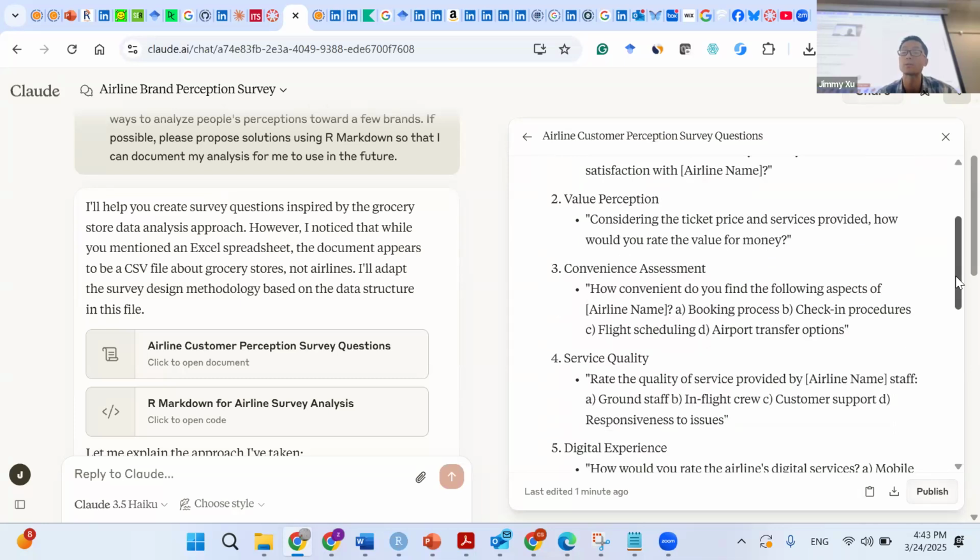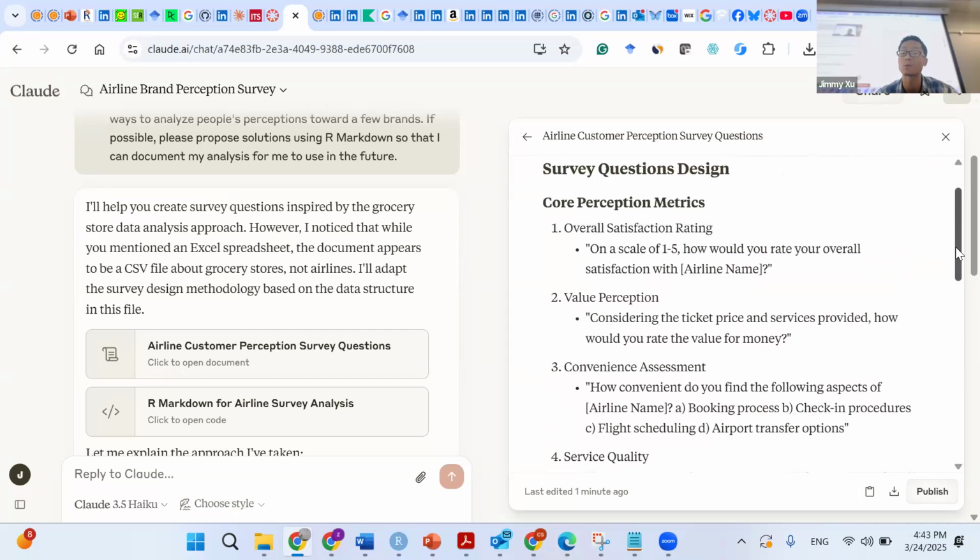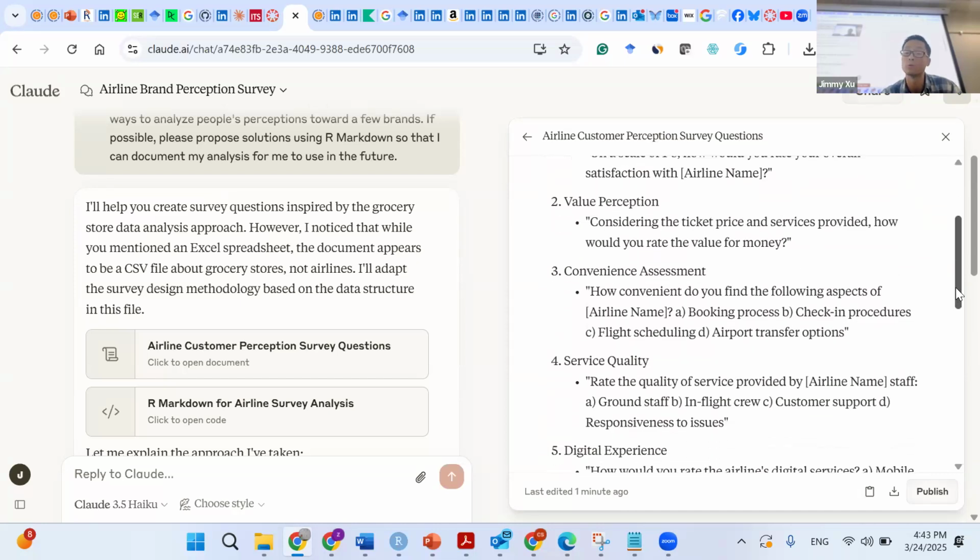Satisfaction. Then considering the ticket price and services provided, how would you rate the value for money? Oh my goodness, the second question is really, really good. The first question is also really, really good because I think I couldn't change any single word. And both of these questions are so useful, right?